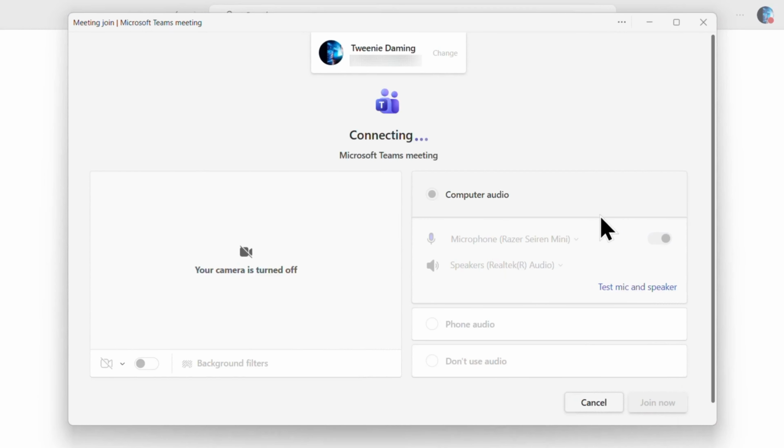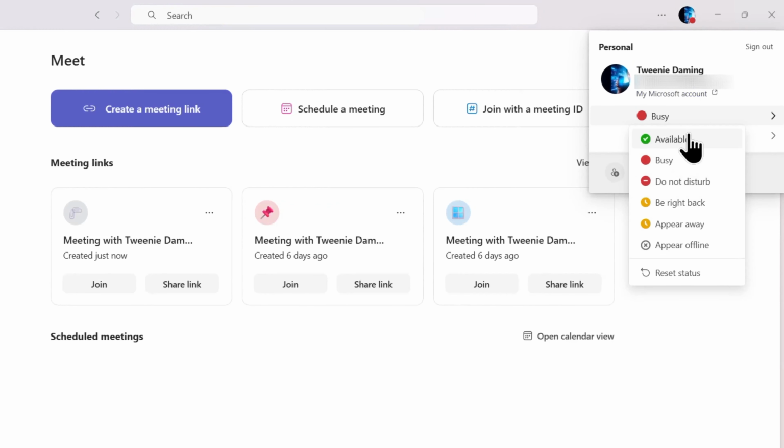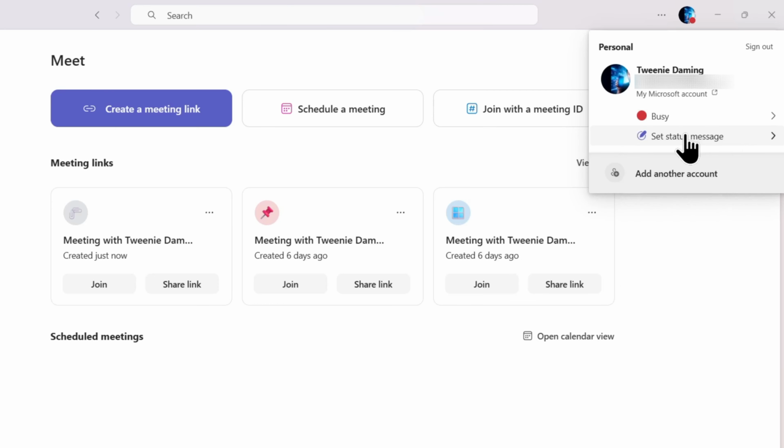So once you're in the meeting, change your status to available if it isn't already. So click your profile in the top right corner, select your current status and choose available. So the trick here, as long as the meeting is running and your computer stays awake, Teams will usually keep